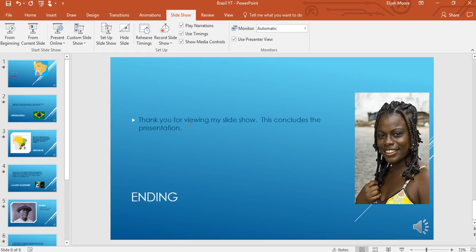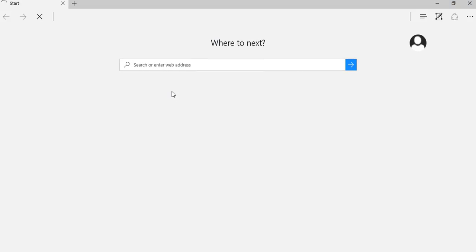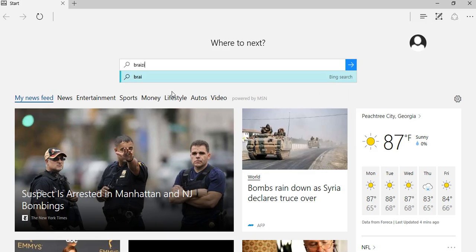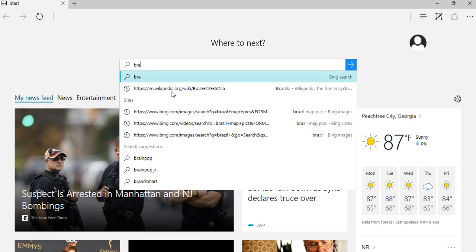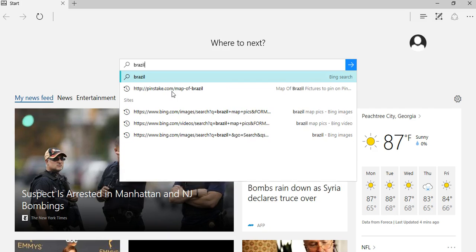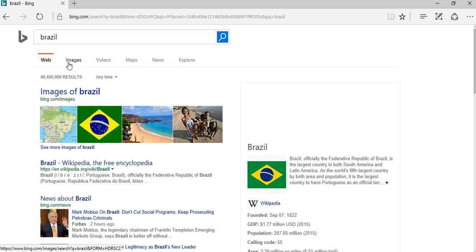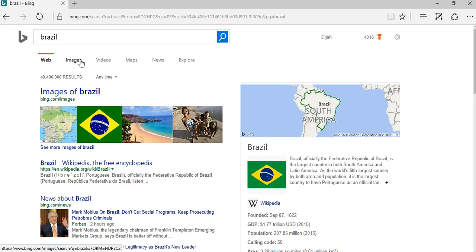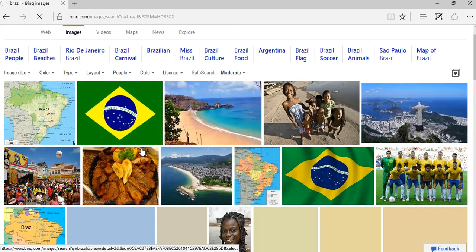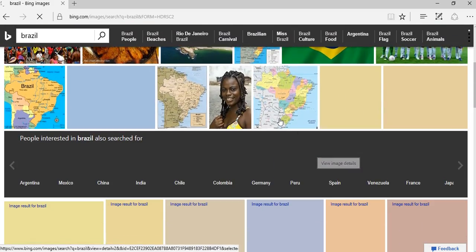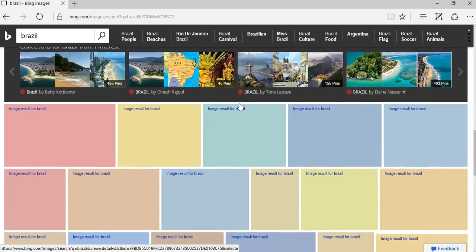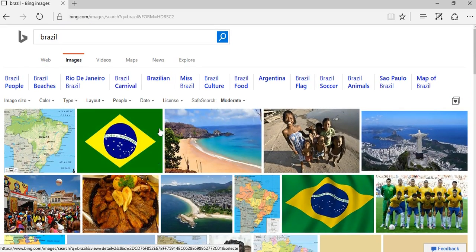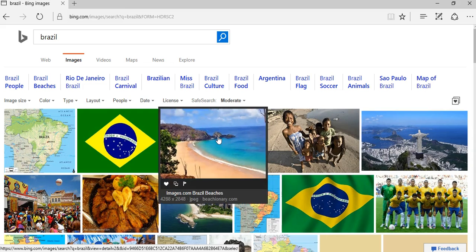That's so weird. But you might be wondering, well, if we open Bing up and you can type Brazil, that is not how you spell Brazil. Oh, we know. If you type in Brazil and then you go to images, don't click on these websites. I actually got a virus, so I wouldn't recommend it. I would recommend going to images, and that's where I got the flag one, and that's where I got the girl one. So this is where I got all my pictures from.